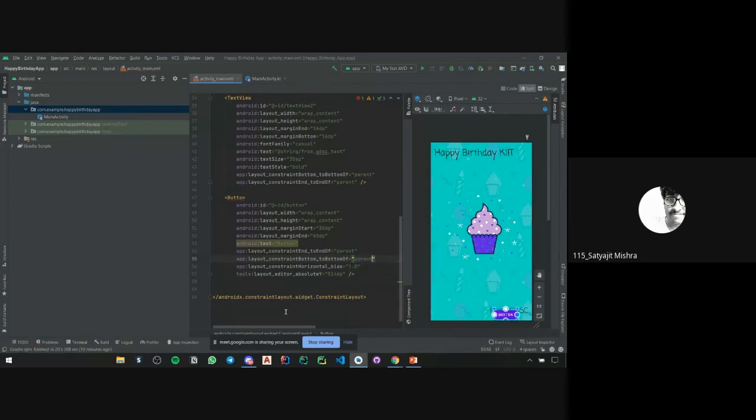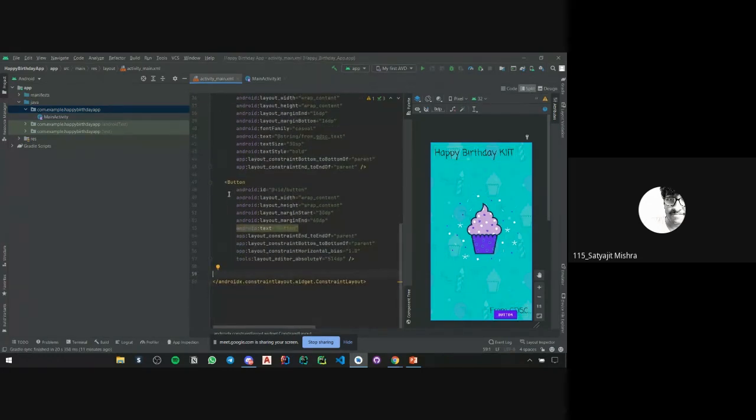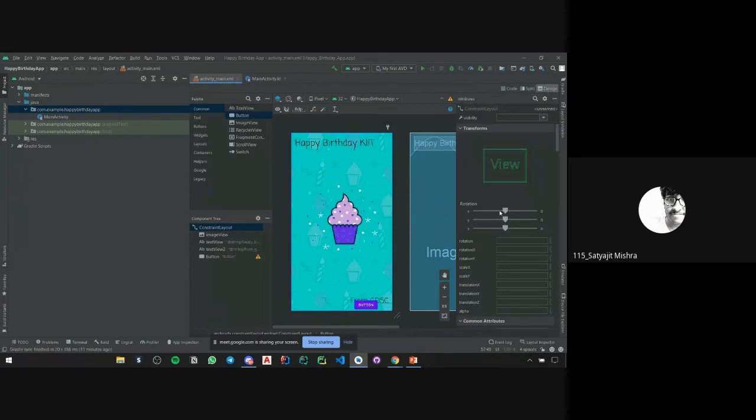Okay, now you can set the margin. Everyone, just take a note of this. Just take a screenshot of this, because we will explain it to you in detail in the next session. But for now, you can just copy this. In the code section of the XML file, you will find it in the top right section, where you see code, split, and design. You can go into the split part. There you can go into the button element, and in the button element, just copy this code. And then, Savansh, you can start giving it margins. Like give it a bottom margin of some DPs.